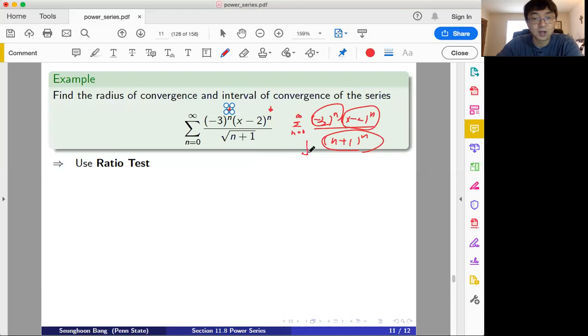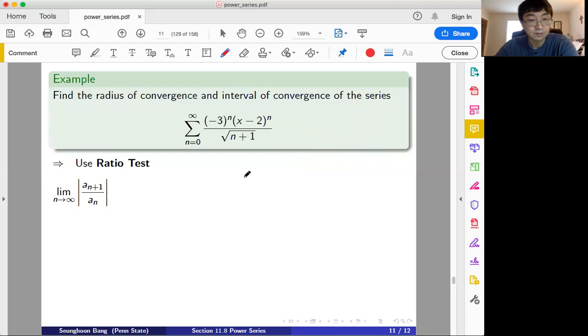What's the best way? In this case, we can use the root test, which is better, depending on what kind of form we have. In the original problem, the denominator doesn't have the constant to the power n form, so don't use the root test. The ratio test is the best choice. You can change it like this. How can we do that? This is a limit